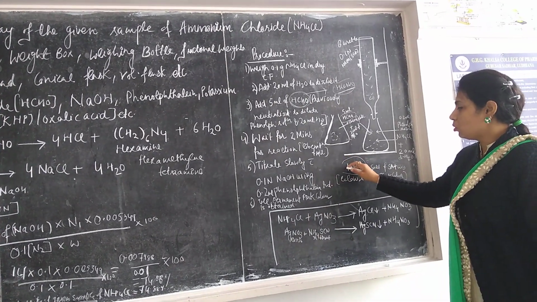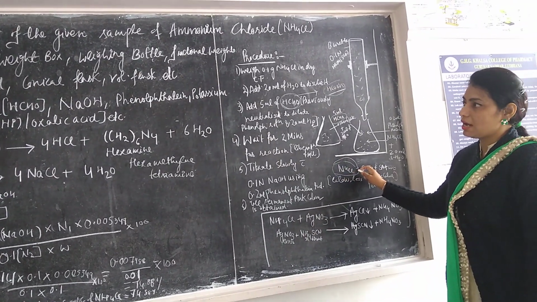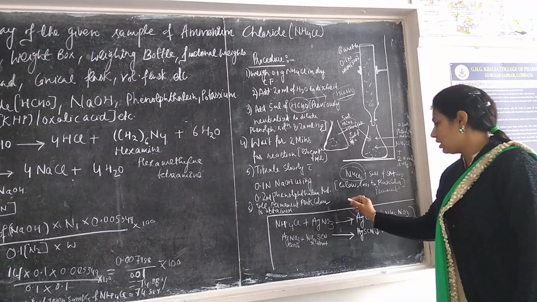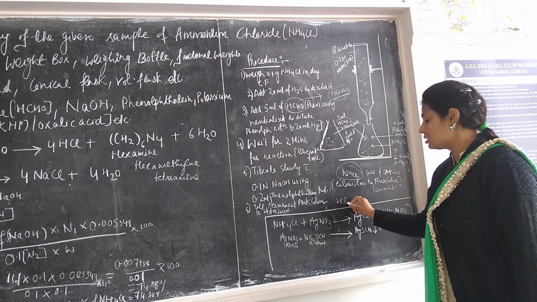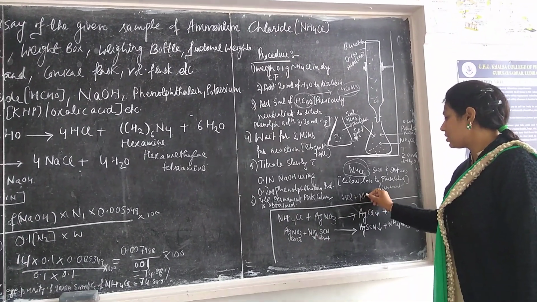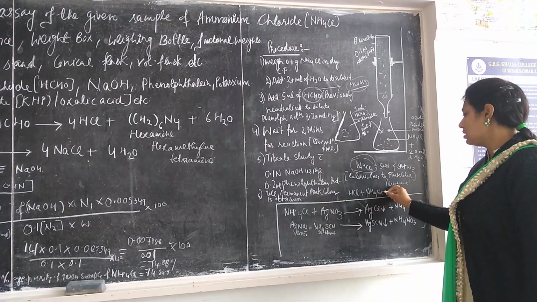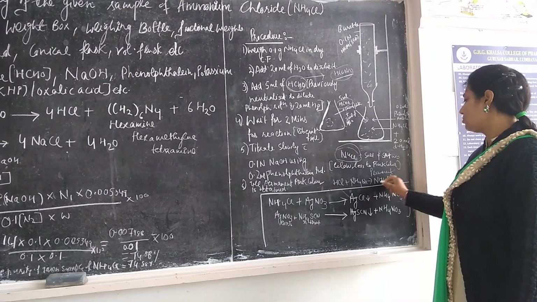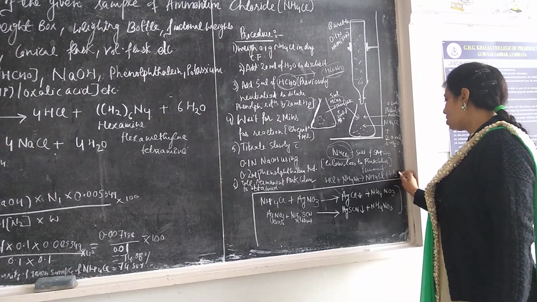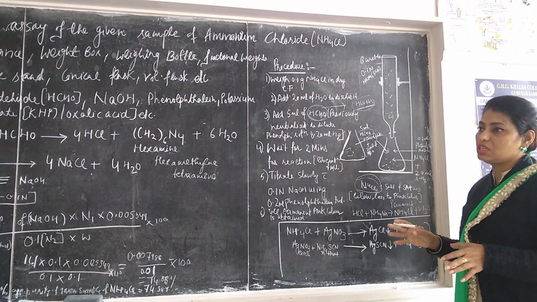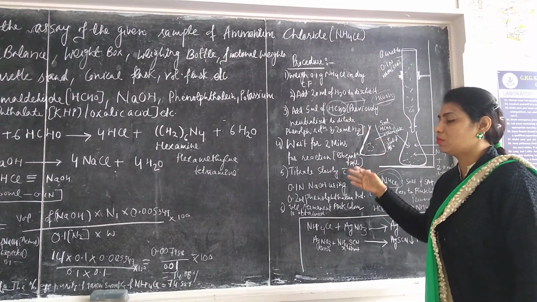One thing more, your ammonium chloride is a salt of a strong acid and a weak base. Strong acid students कौन सा? I am taking HCl. And weak base कौन सा हो जाएगा आपका? अमोनियम हाइड्रोक्साइड. This will lead to the formation of your salt, that is ammonium chloride, along with the formation of your water. So this is the modern procedure for the assay of your ammonium chloride.